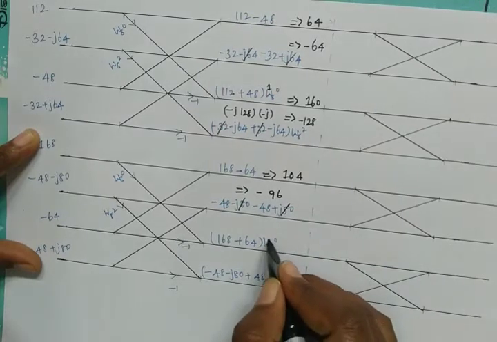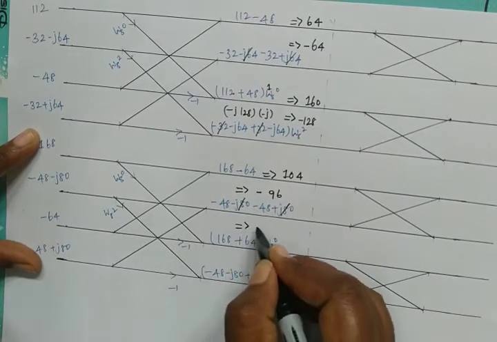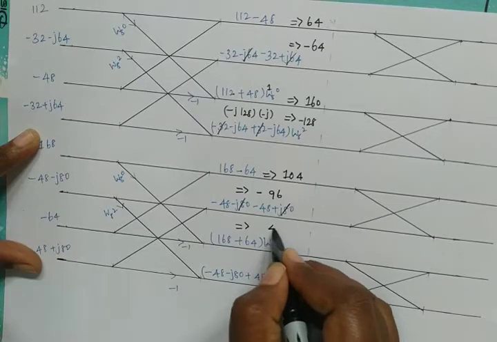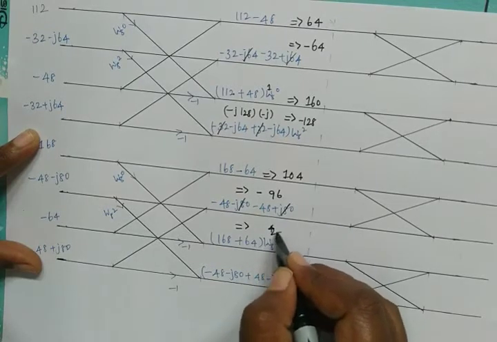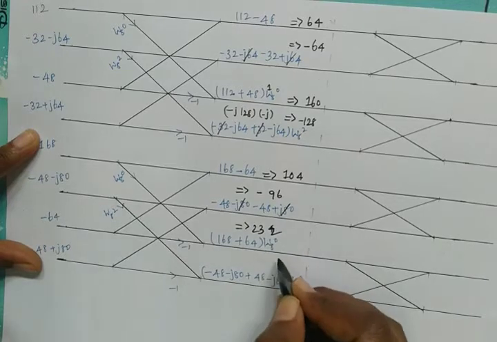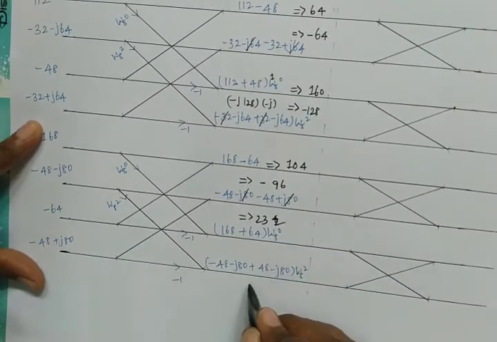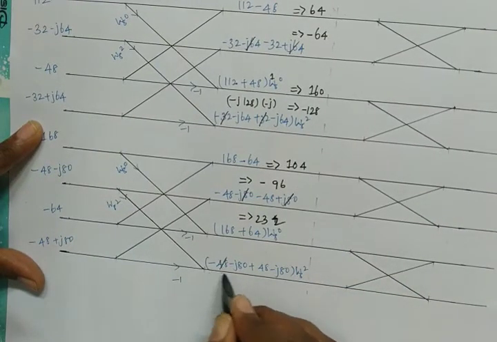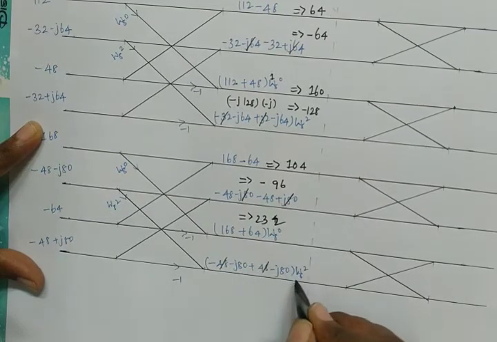And here we have 168 plus 64, that is 232, and the final step is here we have plus 48 minus 48, and the W8 power 2 is,